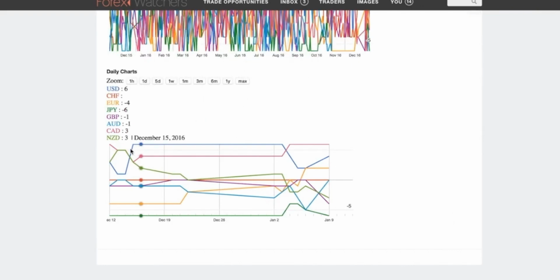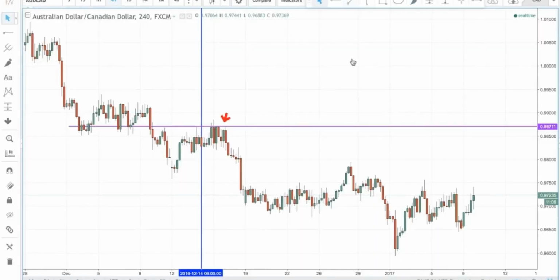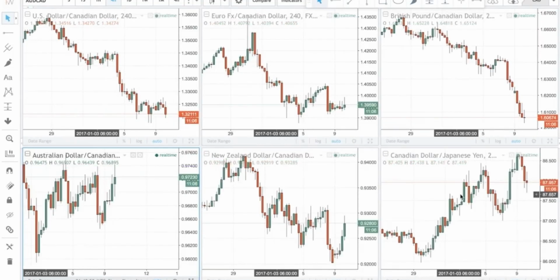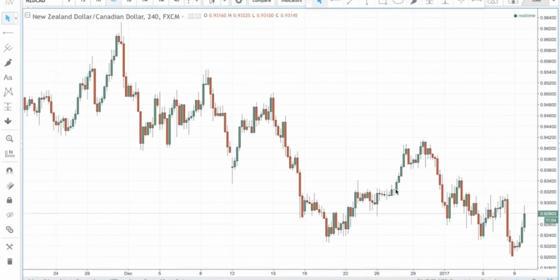So a strong and a strong would be, for example, CAD and New Zealand. So let's take a look at New Zealand CAD. We're going to pair the bottom two right here. That was a +5 and a +5. They're both strong. So if I go to New Zealand CAD and take a look at those on the 14th,